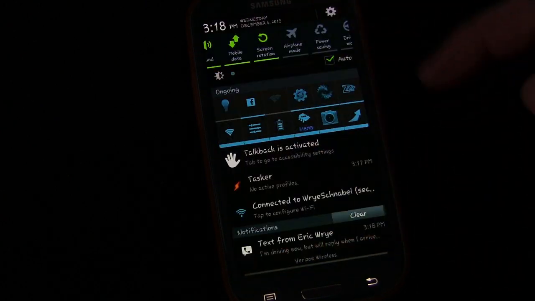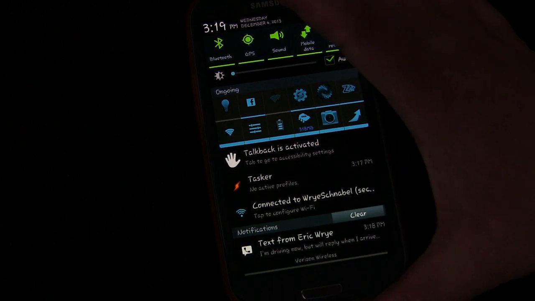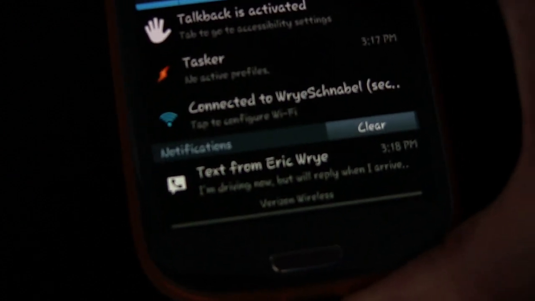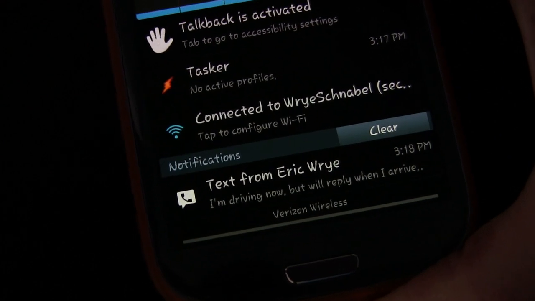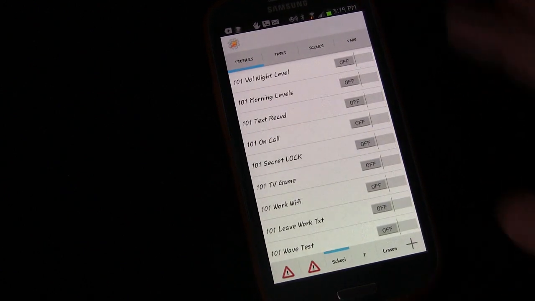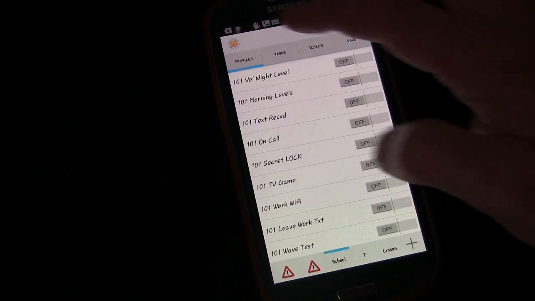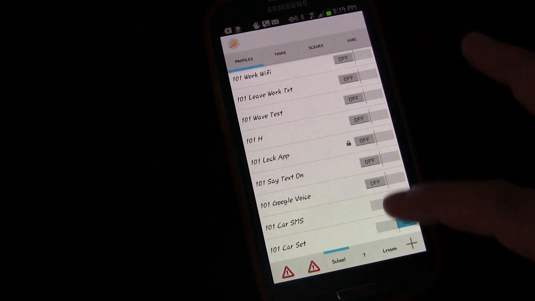And you can also see that right here. You can see the message that Google Voice received back from my regular texting. It says, I'm driving now, but will reply when I arrive. So you can see that it works rather well. And yeah, it's kind of a cool thing to do. What I would do is